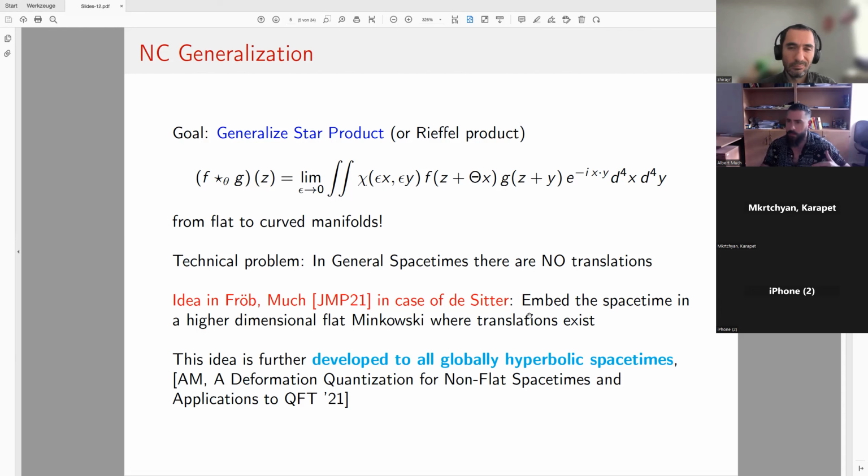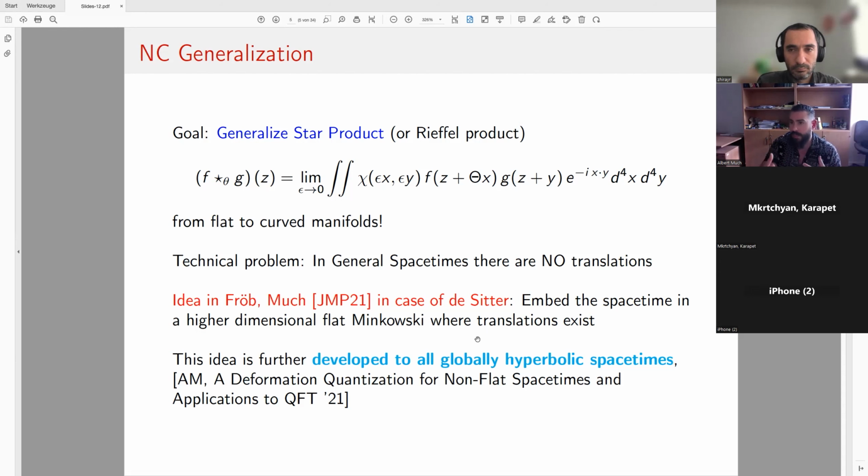Now what I did was take this idea and develop it further for globally hyperbolic spacetimes. Basically, it means they look like Minkowski. If you look a little bit at the global structure, there's light-like, space-like, and all these nice features. Furthermore, globally hyperbolic is important in the context of quantum field theory in curved spacetimes, because it gives you the existence of a time direction. So you can at least know, okay, this is the time, and it flows in this way or in that way.